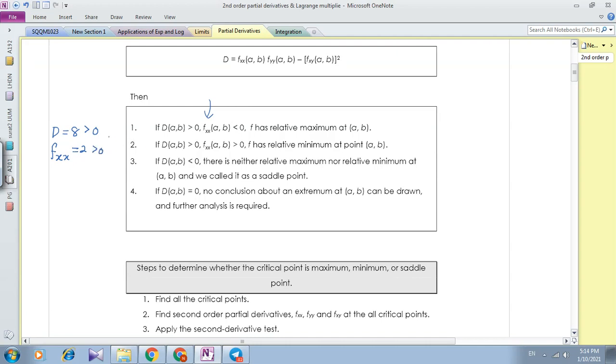So the conditions that we have are consistent with condition 2 for example 3. So f has a relative minimum. This will be our conclusion. So that means